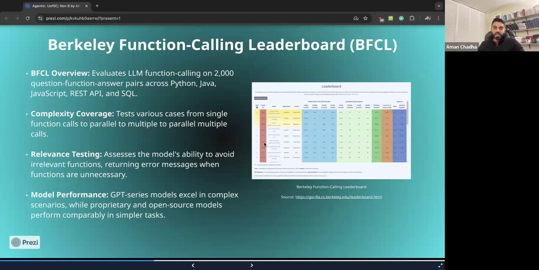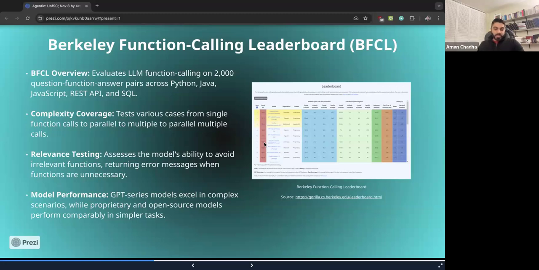And then there's the multiple variation, which is multiple different API calls. So not necessarily the same API, but a lot of different functions to be called, and multiple of them to be able to serve the answer back to the user. And then there's the parallel multiple variation as well, which is multiple different function calls and many of those. So more than one of each call could be needed to put together the final answer. So they have all of these 4 variations that they currently measure, and the columns specifically in blue on the leaderboard actually show some of those individual breakdown results for each LLM.